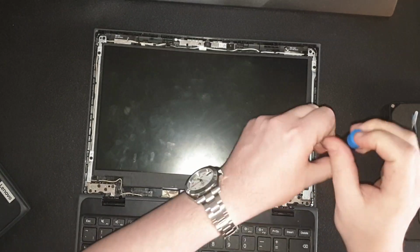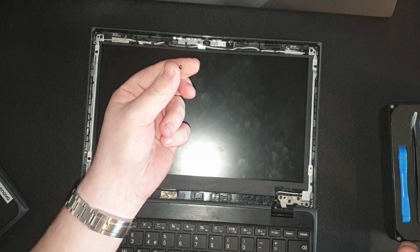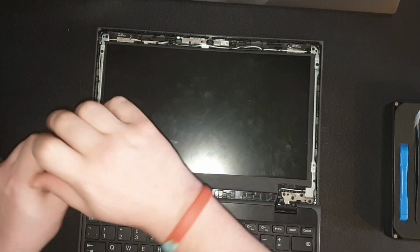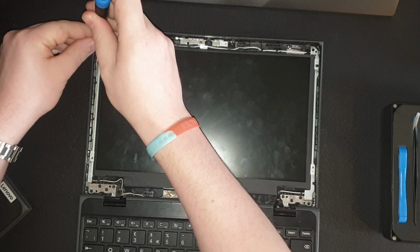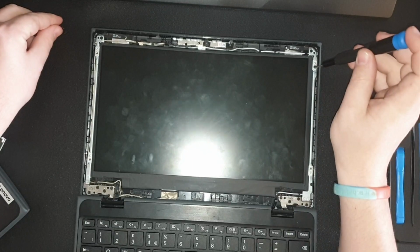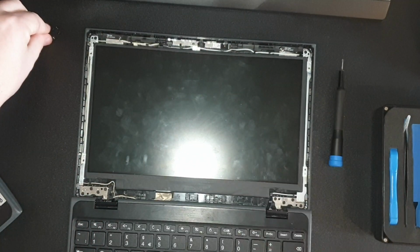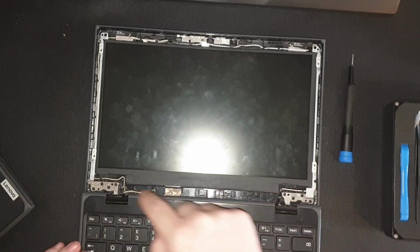So if we undo these, make sure you know where your screws are. I'll actually leave them in the top corner here. Perfect. Now with slightly more expensive laptops, maybe even this one, nope, not with this one, but some of them,